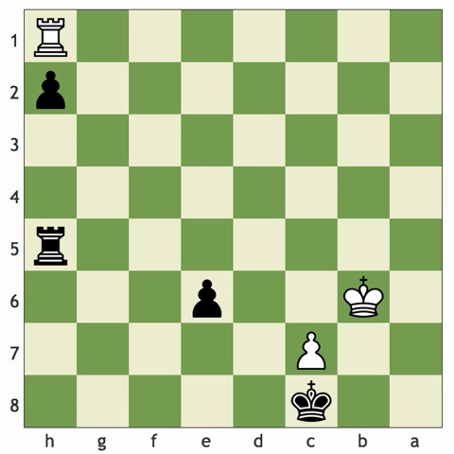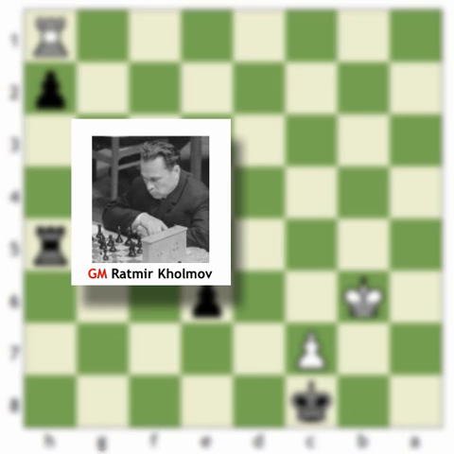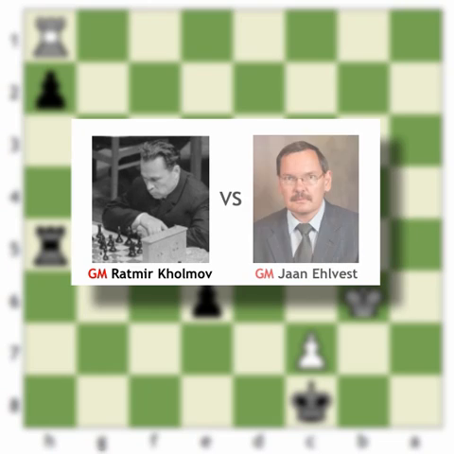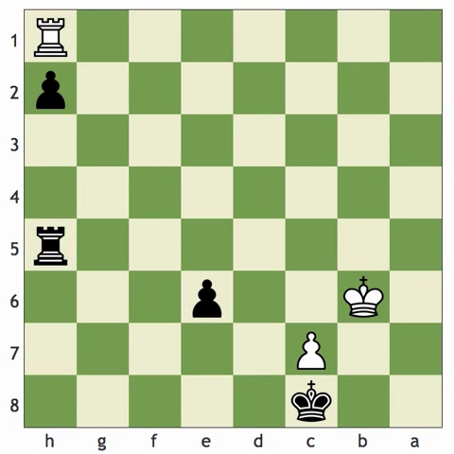Our next example involves 2 famous grandmasters. White is the late Grandmaster Kolmov, who actually has a plus score against many world champions. And black is Grandmaster Jan Elvest of Estonia, who represents America. In this game, black has more pawns, and all white can do, it seems like, is keep his rook on h1